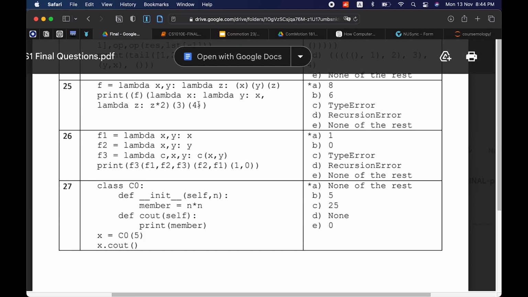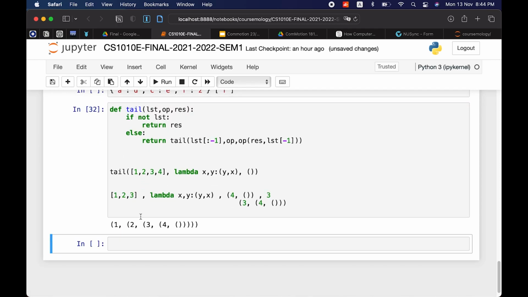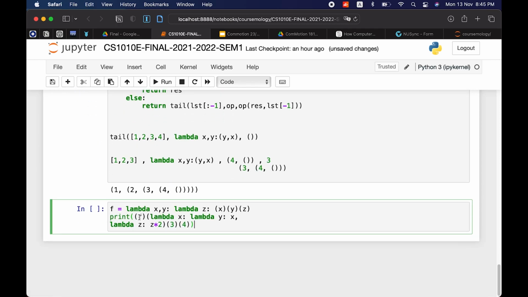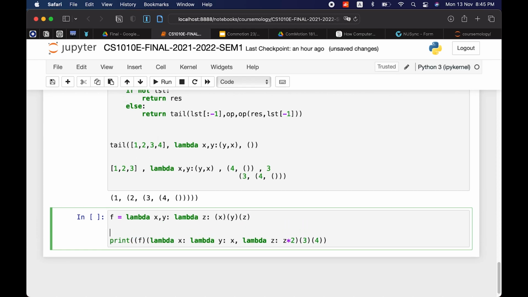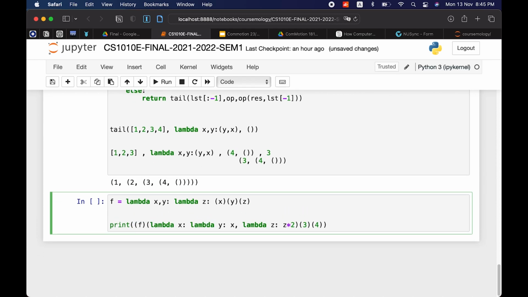Okay, this one is quite tricky. But here's the explanation. What's going on is, first we have this function, lambda x, lambda z.